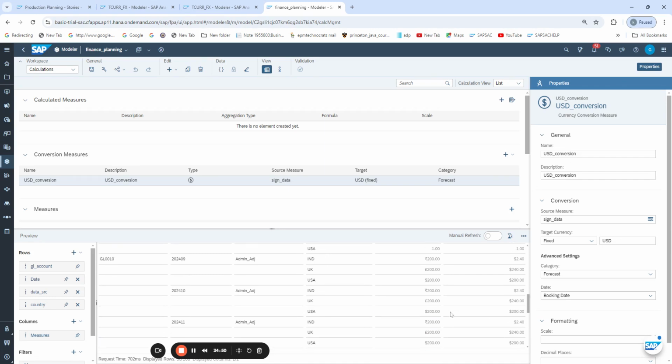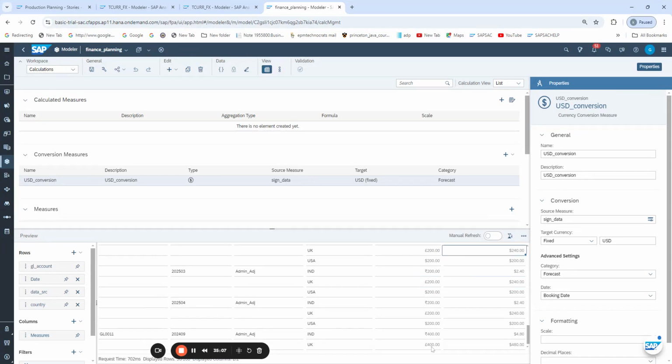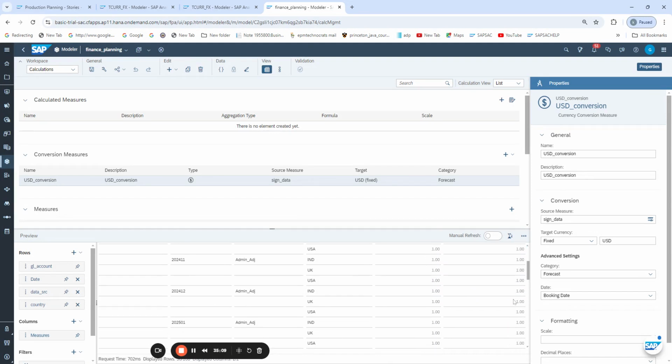So it is converting the values into the dollar. All the pound sign you can see, dollar to dollar the value, right? Rupee to dollar, this is also right. This is pound, 200 pounds, $240. This is also fine. So your values are getting converted here into the currency conversion. This is how simple the currency conversion process is. Just you need to maintain your configuration properly in your sign data and